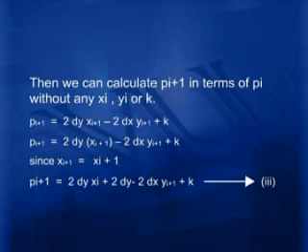So since xi plus 1 is equal to xi incremented by 1, we can write pi plus 1 relationship again as pi plus 1 equals 2 dy xi plus 2 dy minus 2 dx yi plus 1 plus k. ہم نے یہاں کیا کیا کہ xi plus 1 کی جگہ xi incremented by 1 ڈالنے کے بعد اسی ریلیشن کو دوبارہ سے کیلکولیٹ کر لیا۔